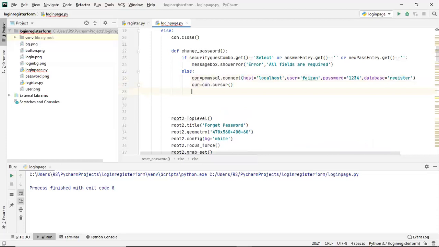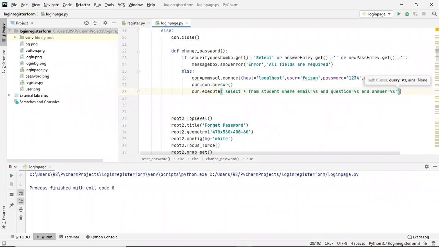Next we will simply execute. What we will execute this time, cur dot execute, we'll write select star from student where email equals to percent s and question equals to percent s and answer equals to percent s.